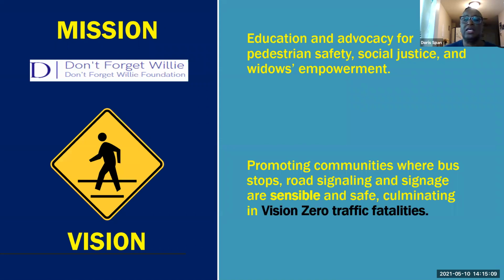So in 2018, after talking to different community groups and going for the signalized crosswalk, it did not happen, but that was not the end of the story. What pretty much propelled me into the foundation was reading on someone's page, and it was a tribute. And I know they were trying to be kind, but what they said was it was the end of a sad story. And I think that was the time when the county did put a plaque in the VA clinic